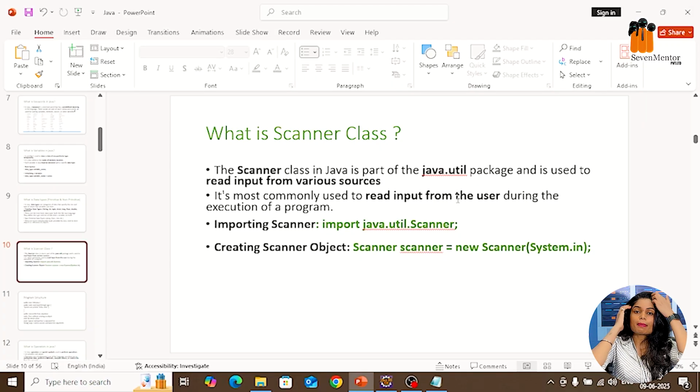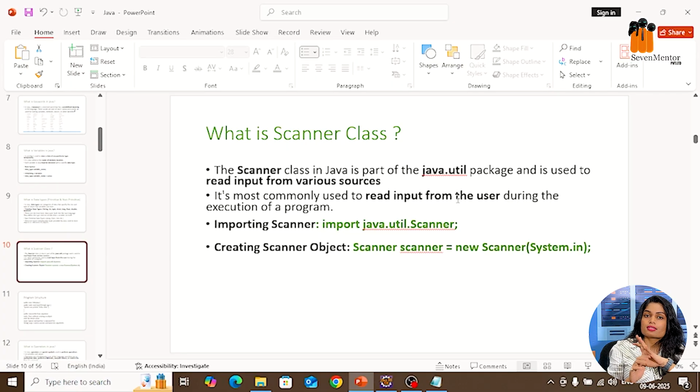Now you will say, ma'am, we can do the addition simply on a calculator, then why are we going through this whole lengthy process? So simply, now this is a static program, like a equals 10 and b equals 20. Now I want the addition for dynamic values. Dynamic means what? I want to take input from the user, any value entered by the user, and I want to perform the operations on that value. Like how can you take the input from the user?